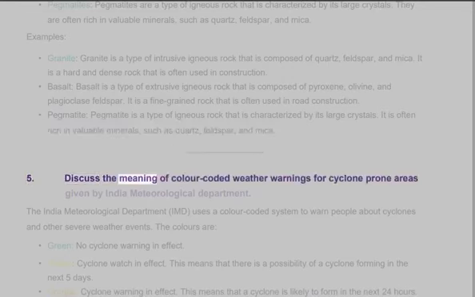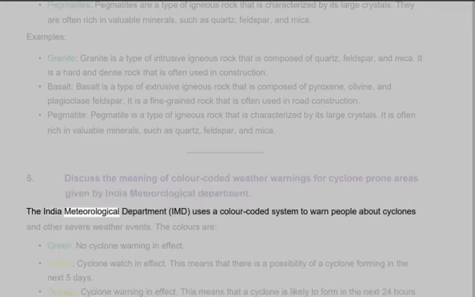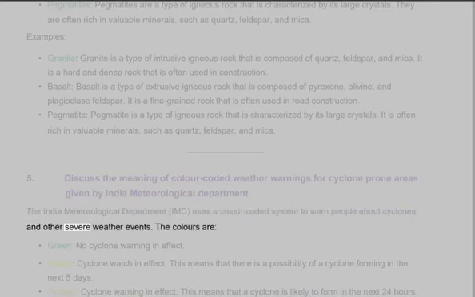5. Discuss the meaning of color-coded weather warnings for cyclone-prone areas given by India Meteorological Department. The India Meteorological Department, IMD, uses a color-coded system to warn people about cyclones and other severe weather events. The colors are: green, no cyclone warning in effect;